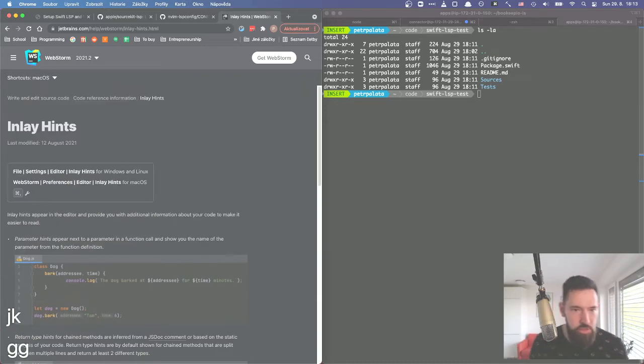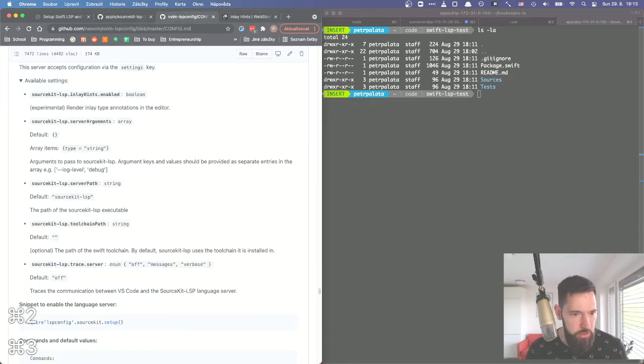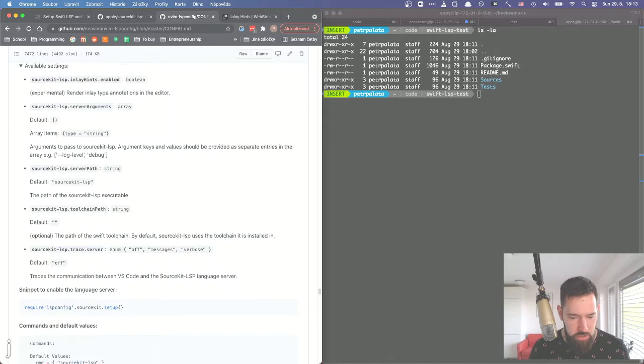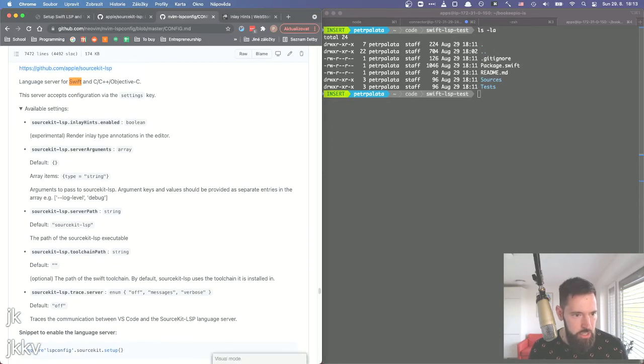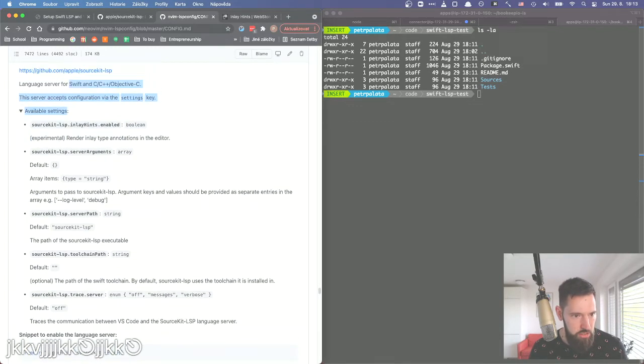Okay, this looks awesome. We'll definitely try to do that, to turn it on. So where is this highlighted? So the sourcekit-lsp inlay hints should give me